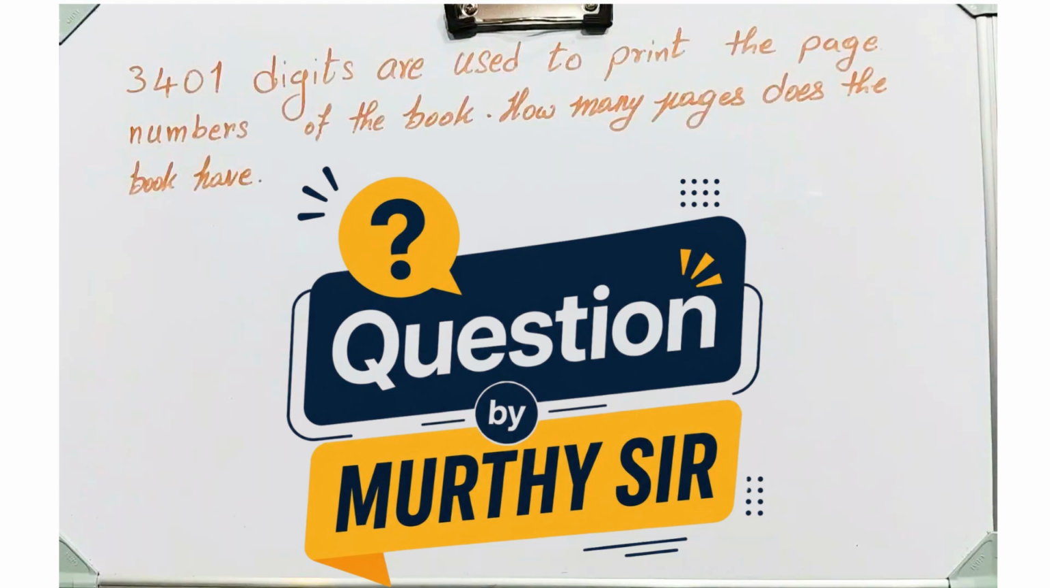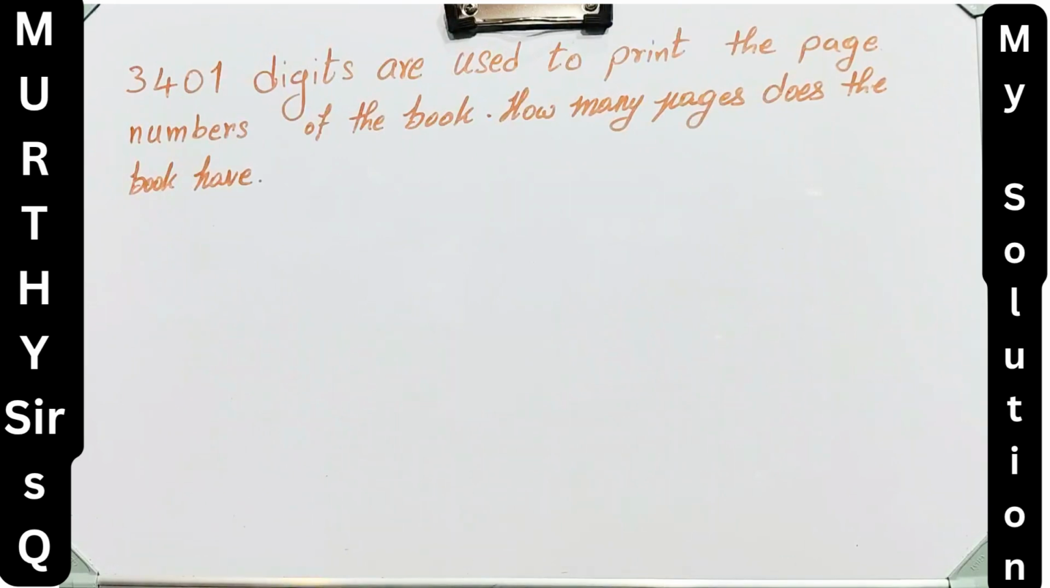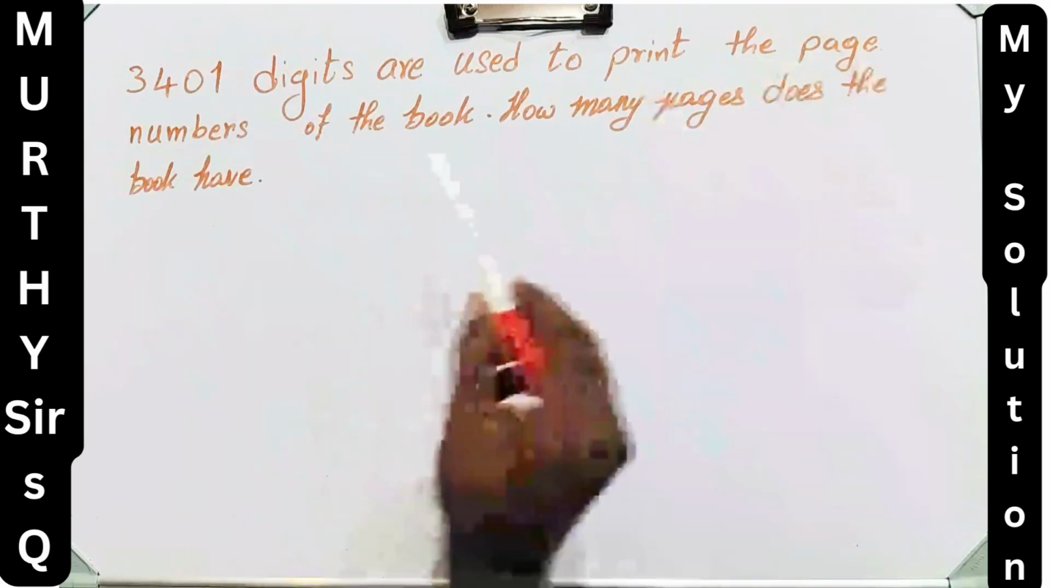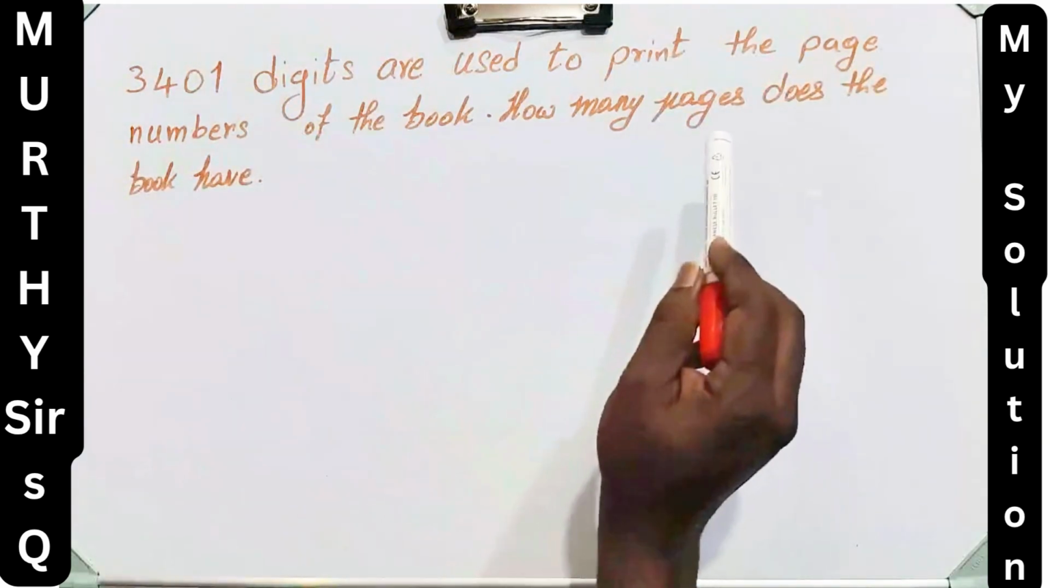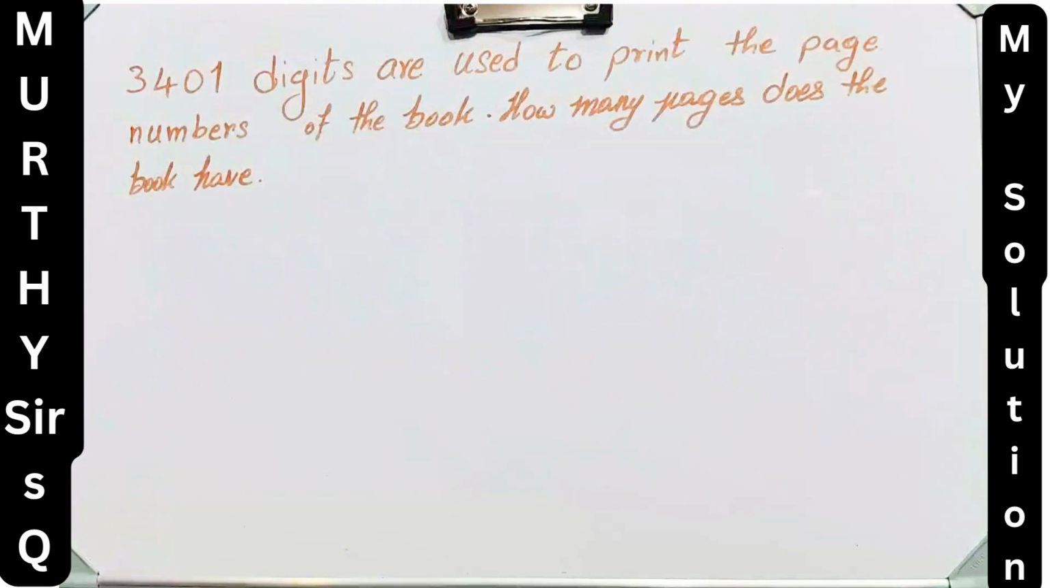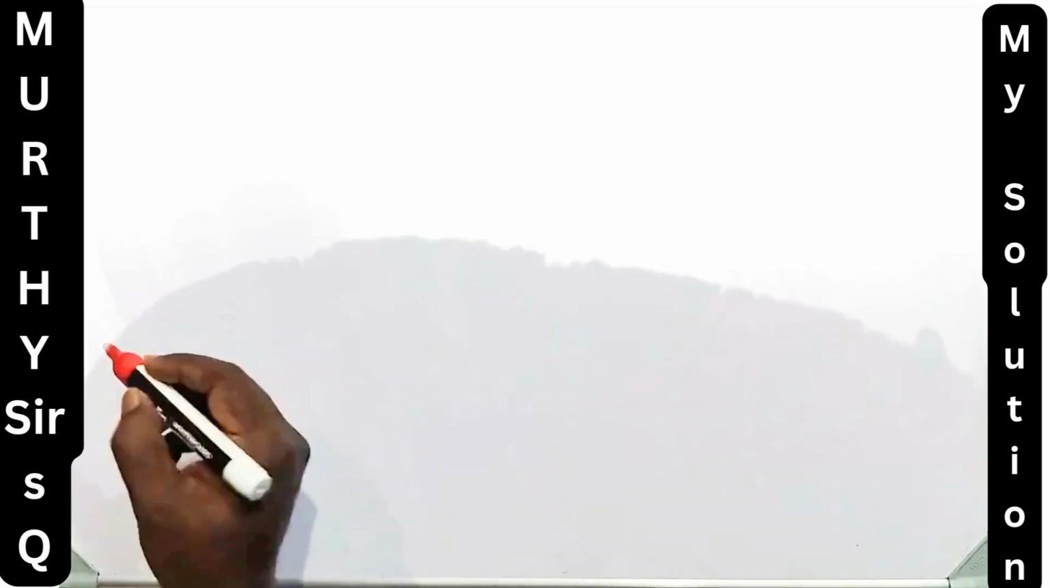So here we are to solve this excellent question. 3401 digits are used to print the page numbers of the book. How many pages does the book have? So to solve this, first we will divide